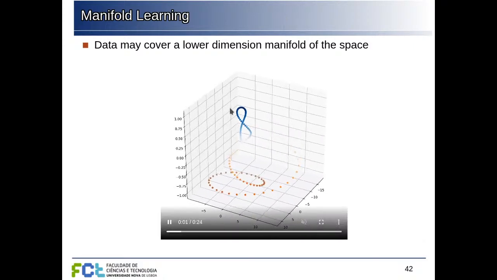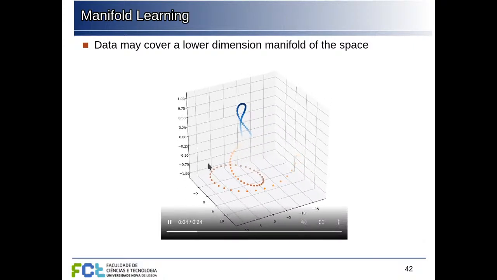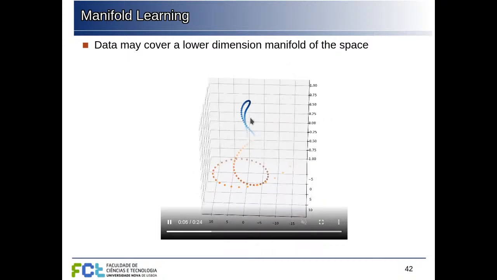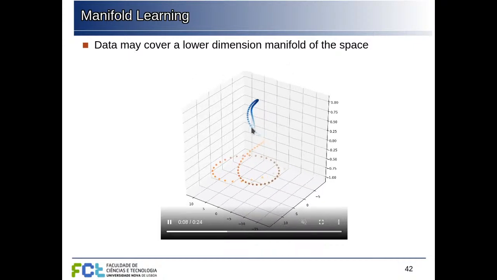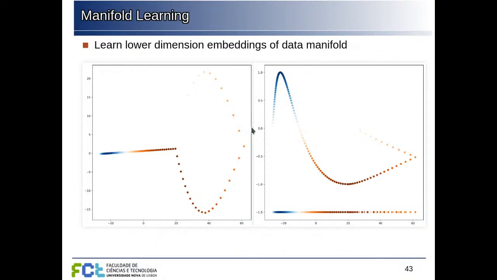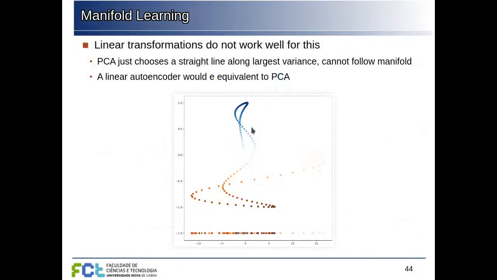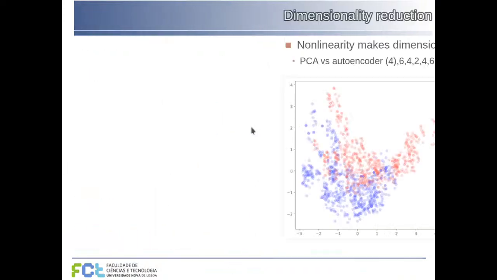The idea here is that if we have our data in a higher dimensional space, but it actually conforms to some lower dimensional structure, we can find some representation that better captures that lower dimensional structure and reduce the dimension of the data by capturing this manifold adequately. So this is something that we cannot do very well with linear transformations like PCA, but we can do it with